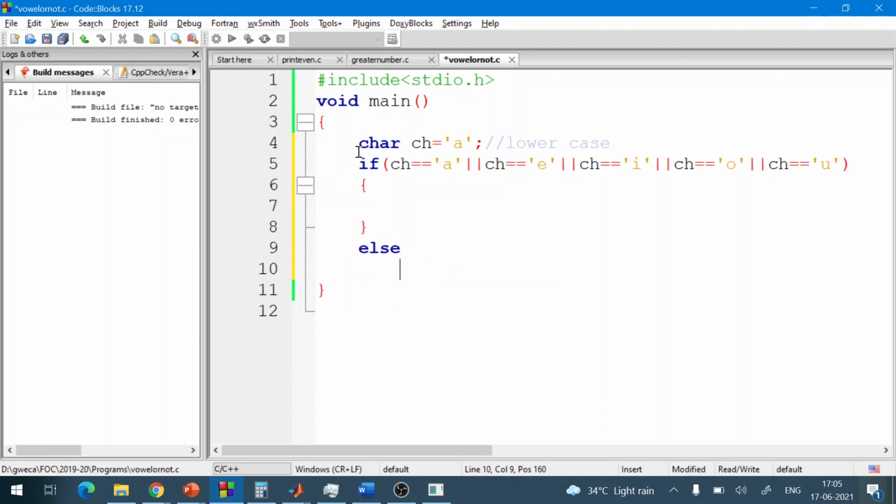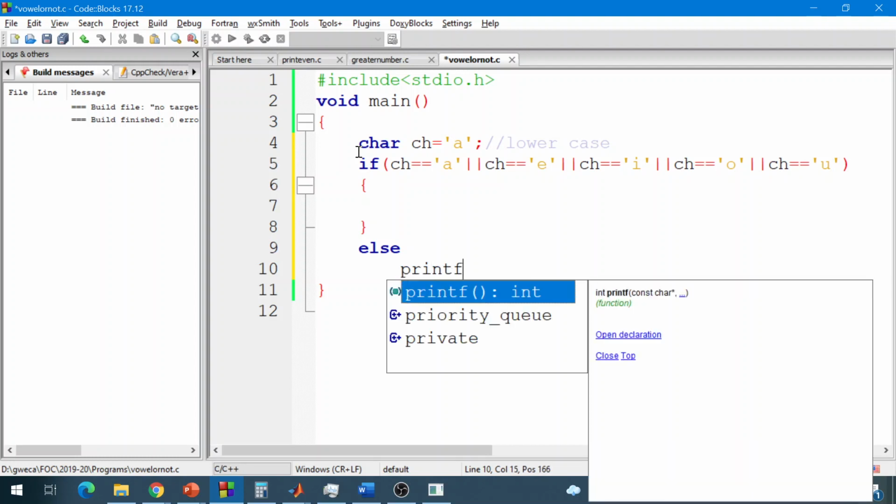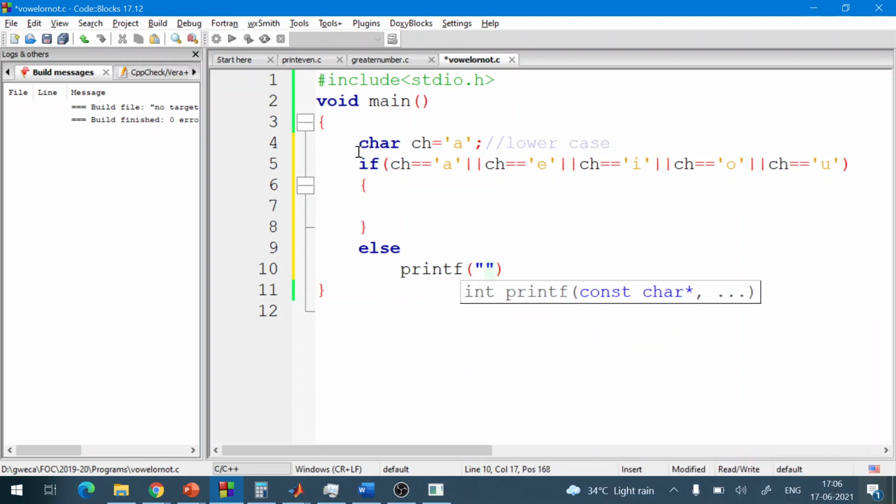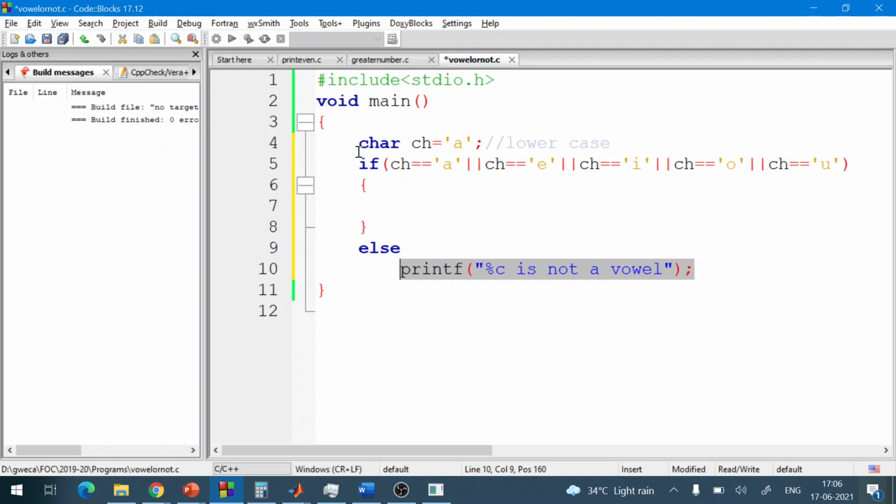And inside else we want to printf that %c is not a vowel. And similarly here we want to print %c is a vowel.